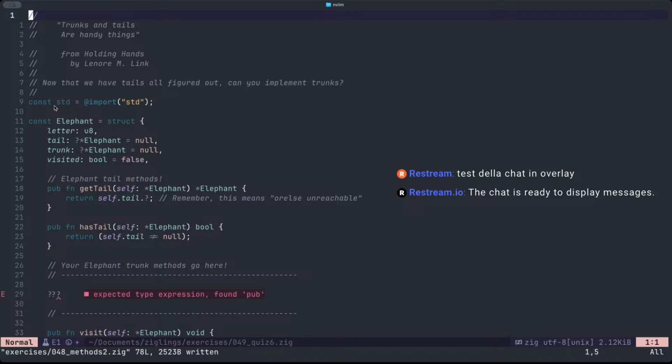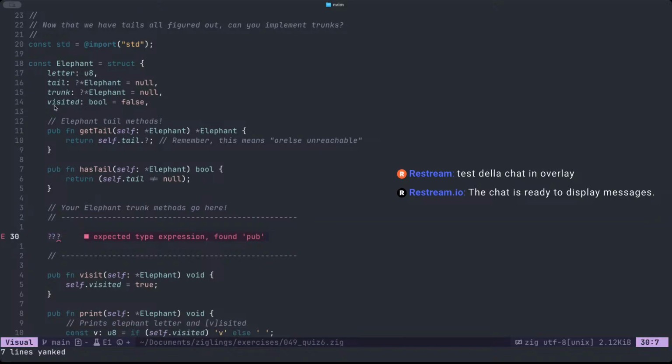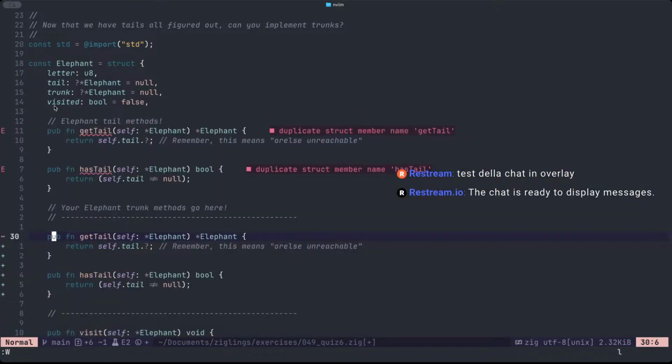Trunk's tail is anything from holding hands by linking. Now that we have tails, we'll figure out how you can implement trunks. Okay, it's like this other one. I can copy and paste it, but it's not tail anymore,